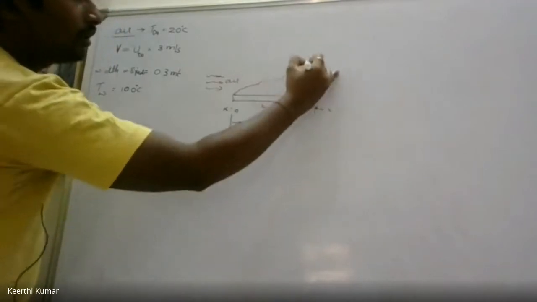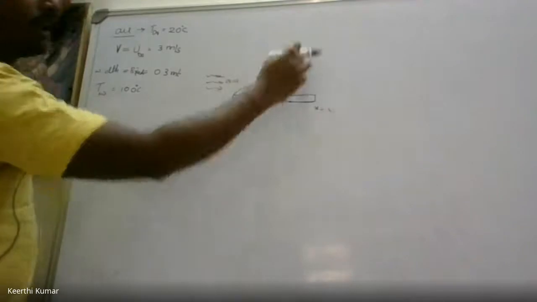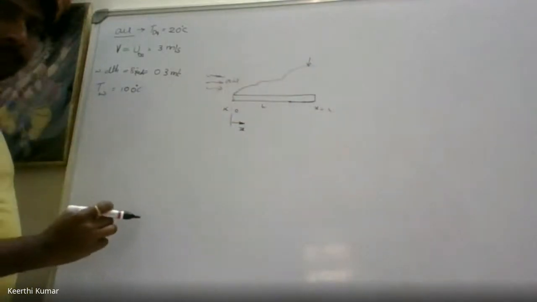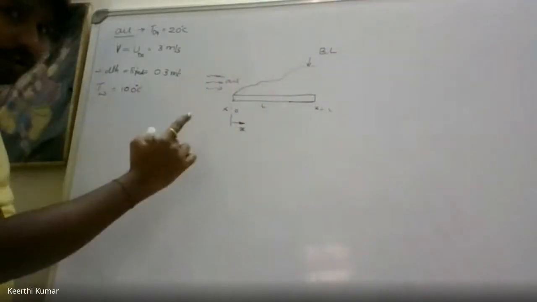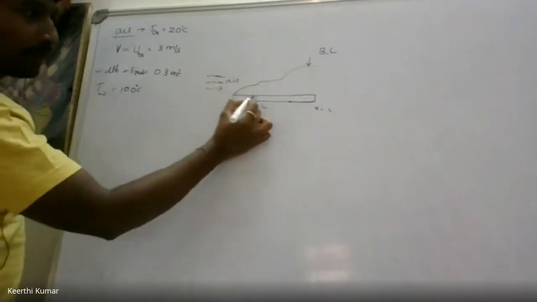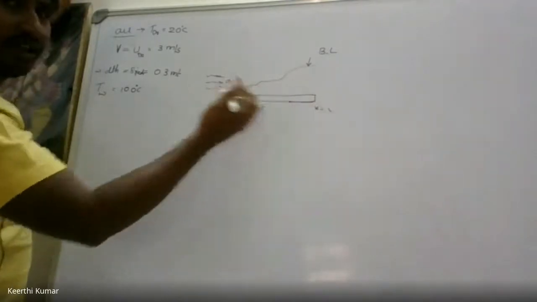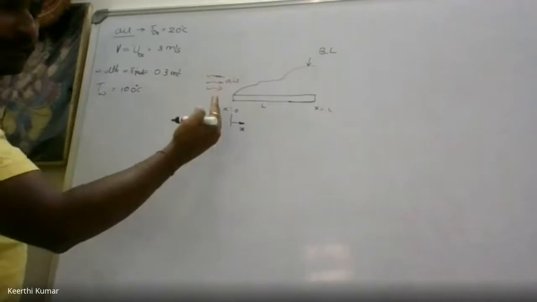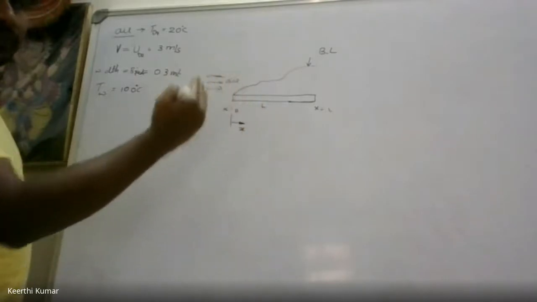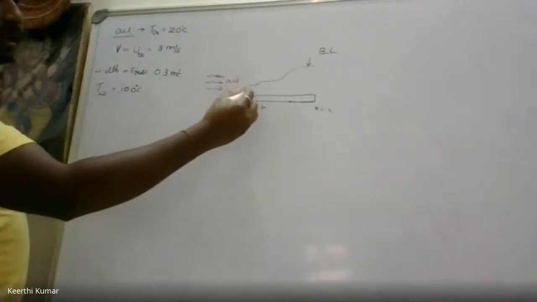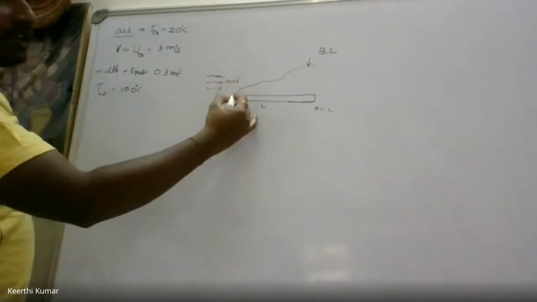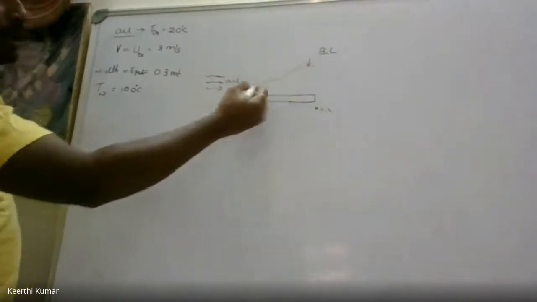What is the name of this called? Boundary layer. Yes, boundary layer. How did we get this boundary layer? We got it just by drawing the velocity profiles at different values of x. If I go on drawing at different values of x, we will get different velocity profiles. If I mark the maximum point on each velocity profile and connect them, that is called the boundary layer.